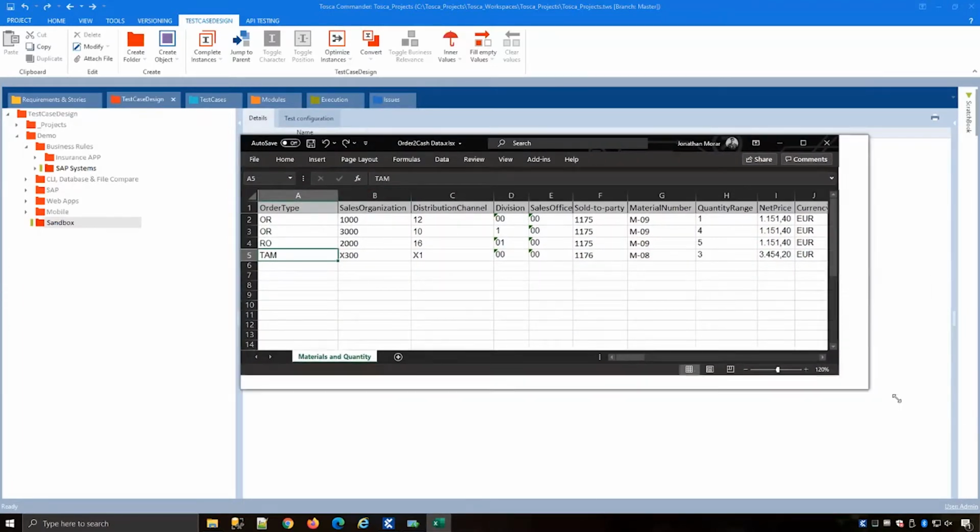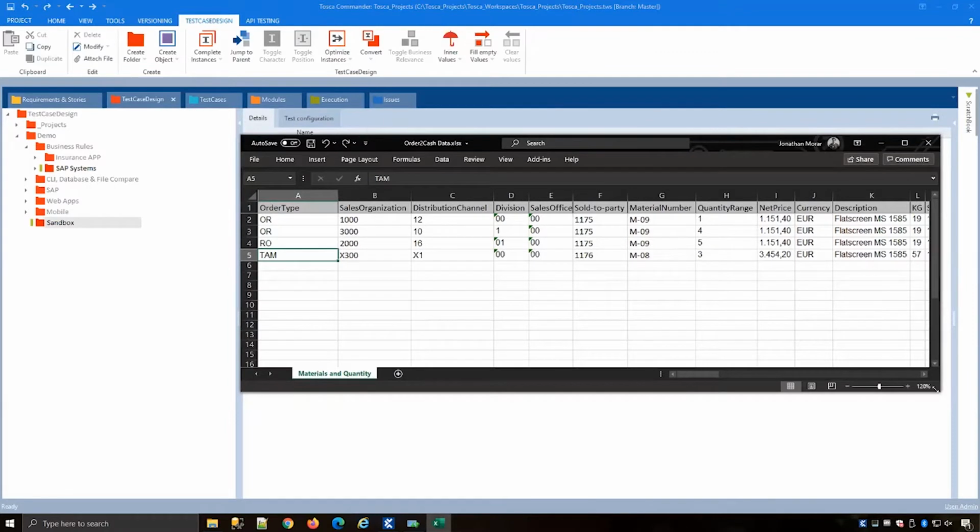Let's say you're using an Excel spreadsheet today, maybe to go through different data variants, or maybe this is something the business is providing the end users, saying these are the different sales orders we want to set up. You're going to see things like order type, sales organizations, distribution channel, and so on. So we can set up all this data within Tosca, but the nice thing is now we're going to